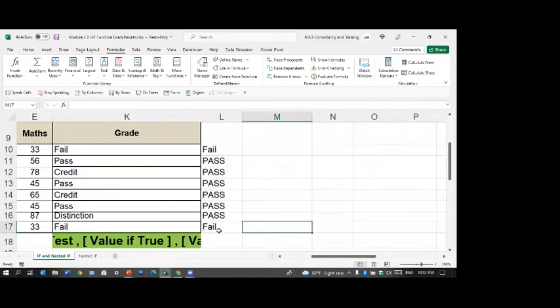More than 40, if it is 70 or 80, it puts pass because it is more than 40 and stops there. The moment it gets a result, the moment it becomes true, it will put the result and stop checking further. So that is why you have to be careful of the order. But when you check the other way, more than 80, if it is not there only, it will check for the others. Clear? See the difference between the answers you got? Fail will work properly. So be careful.